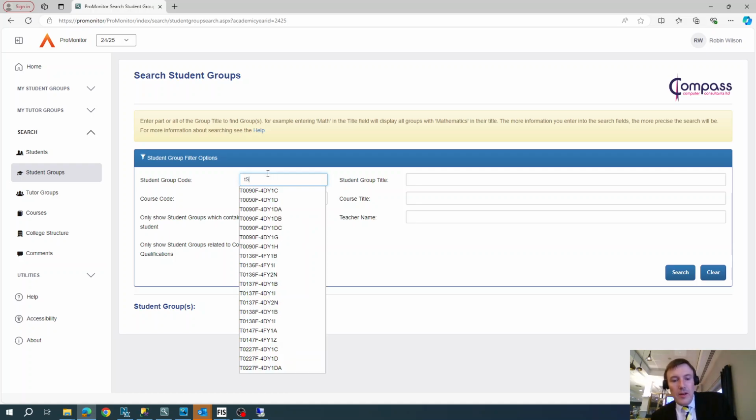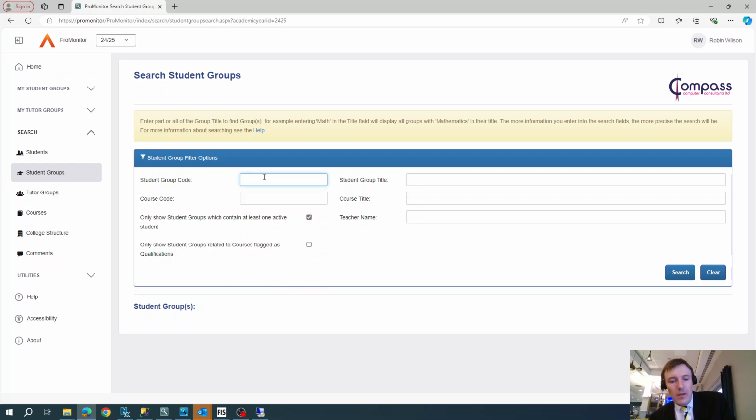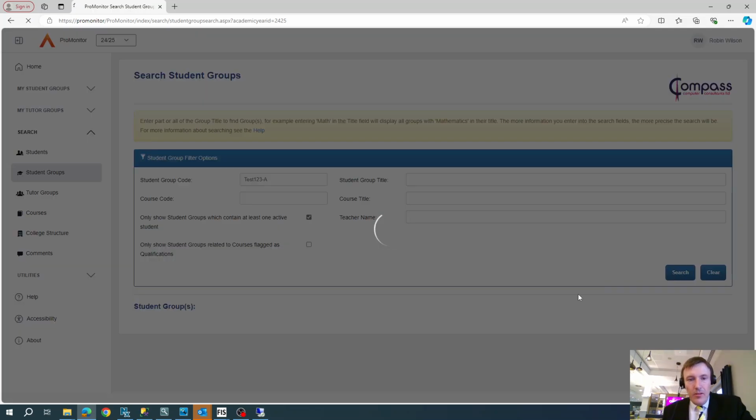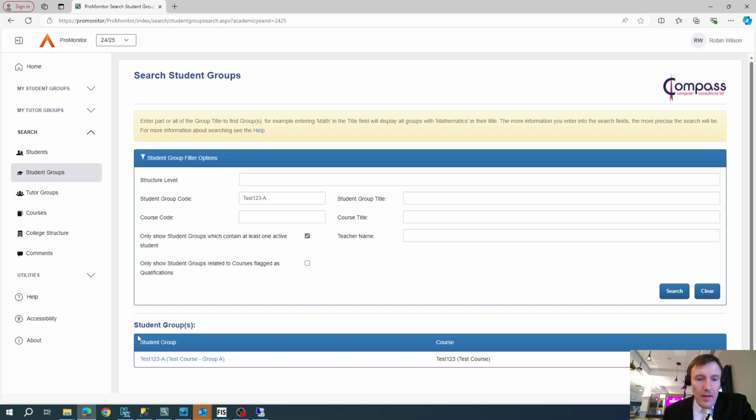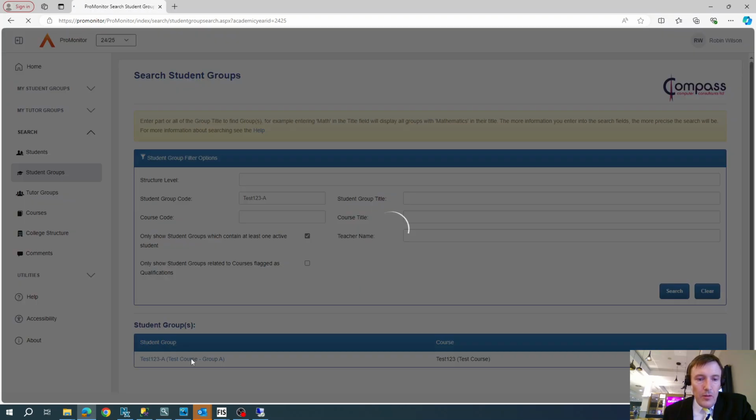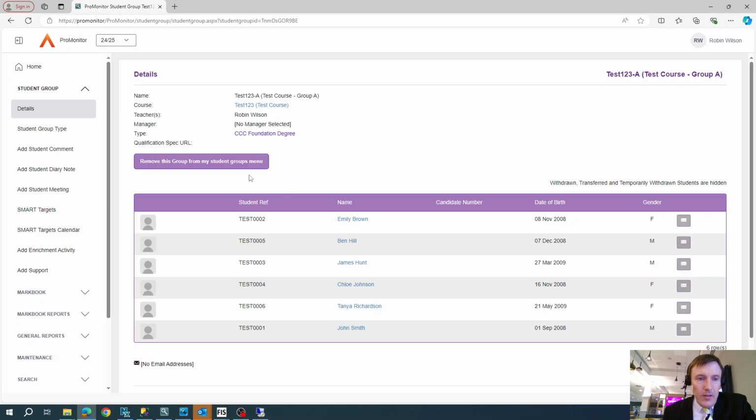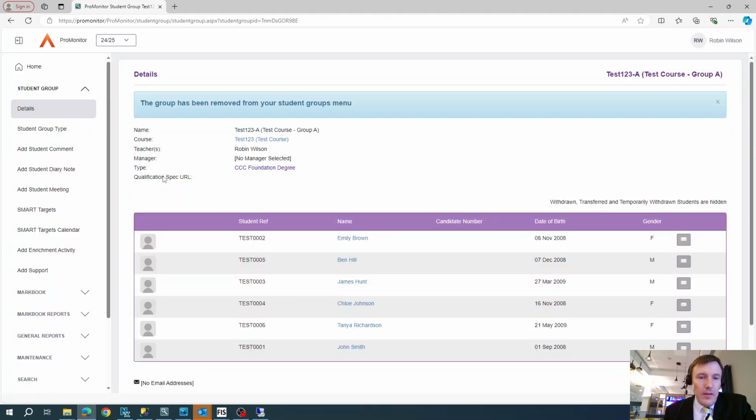So if you search for Test 123, and it comes up there, it comes up with the student group, go to the student group, and that's how you would find it. And if you didn't have it already, so if I remove that from my list of student groups,